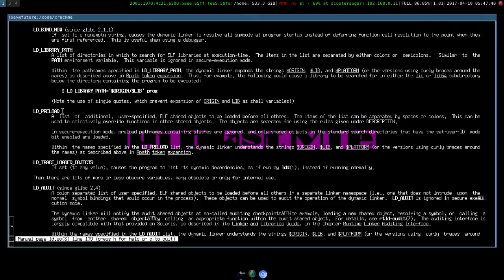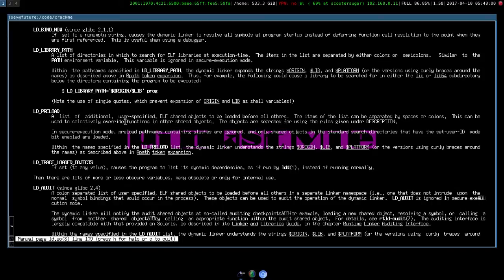preload. Now this is a method I used to use back when I was younger, as a kid. LD preload was all the rage. What we did was we used that to set up rootkits on systems. We took advantage of that, and I'll explain how that works. So basically what it does is